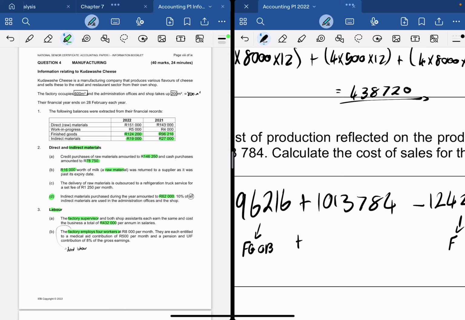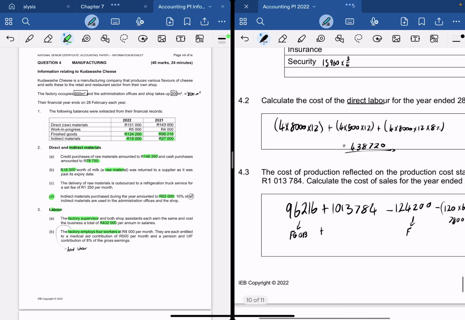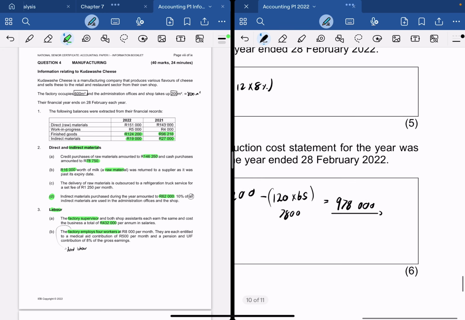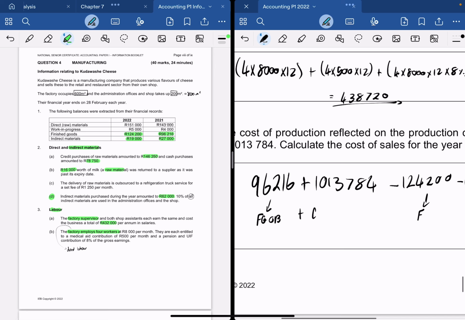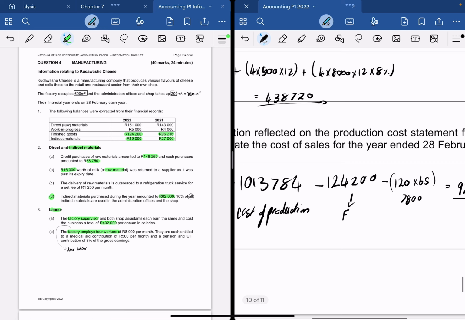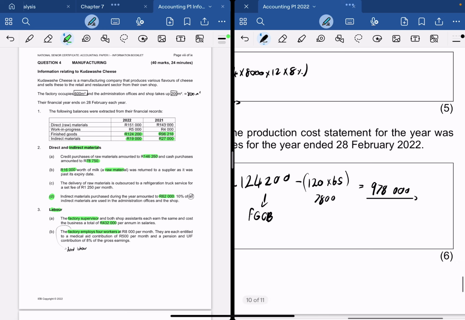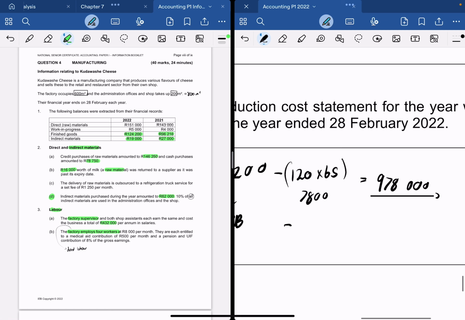I need to find the, it says here plus cost of production. Basically, it's like the cost of production of your finished goods, subtracting your finished goods closing balance minus any theft